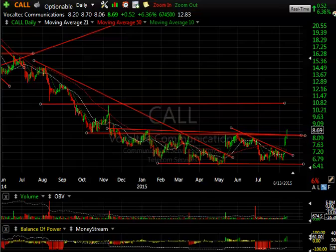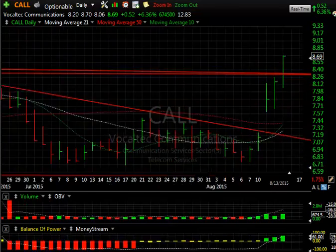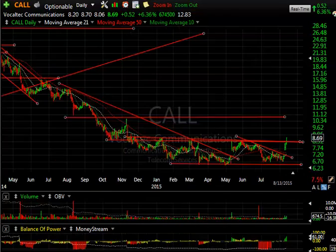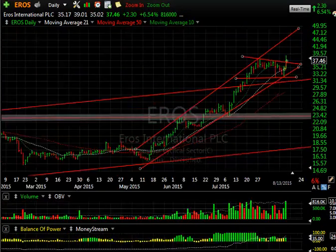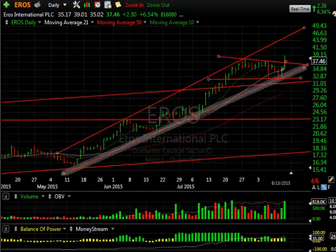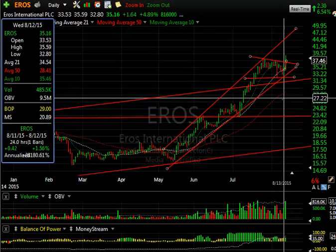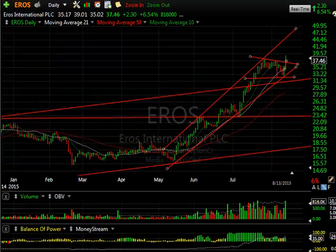Nice base. You need to see some more volume, but you can see the last 5 sessions in a row, including a gap. Now, EROS has just been phenomenal. The run here from 17 to 37 saw it then going to a pullback consolidation, but twice held 32.35 to 32.80 in that zone, the 32.5, give or take a quarter zone. Yesterday it popped, today it followed through and actually went high, went up above the,